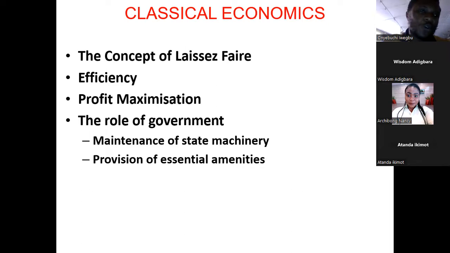Now, the first one is the concept of laissez-faire. Laissez-faire is a French word that is very familiar with the classical school of thought. The concept of laissez-faire talks about the free hand, the position that the government does not have any role to play in production, distribution, and provision of goods and